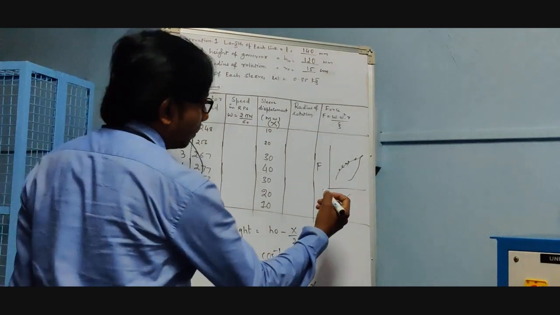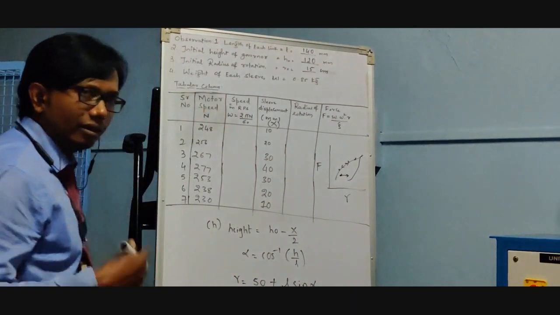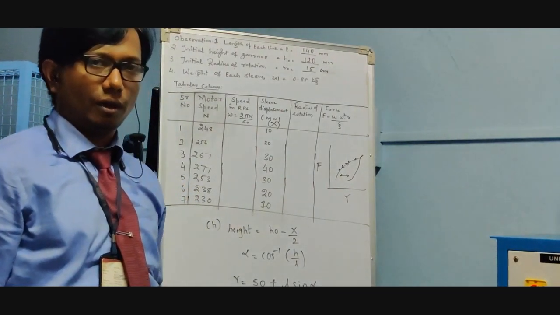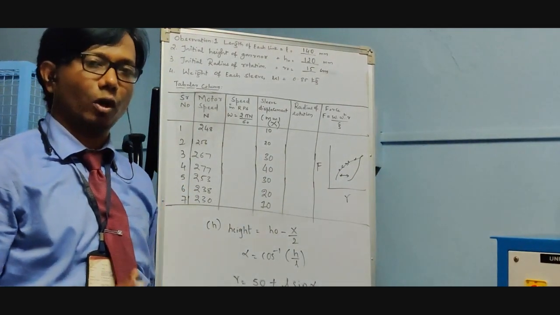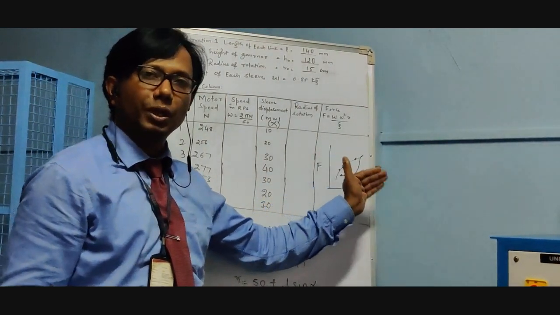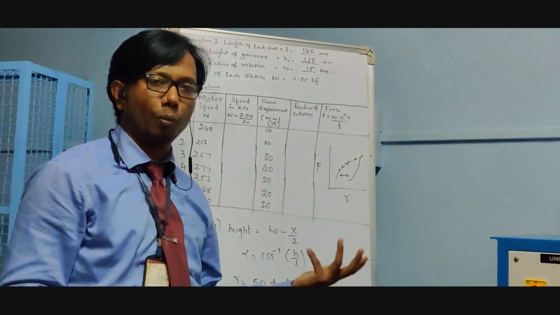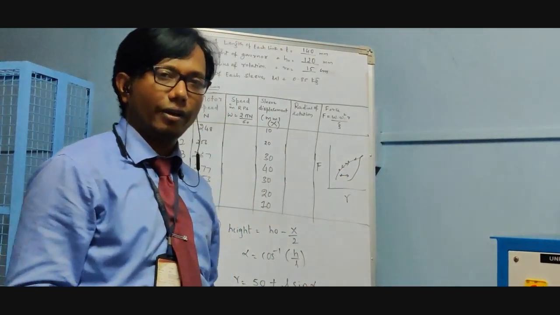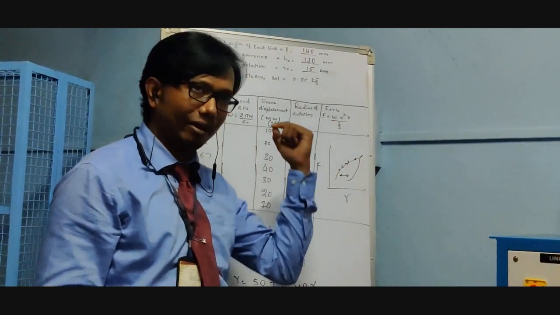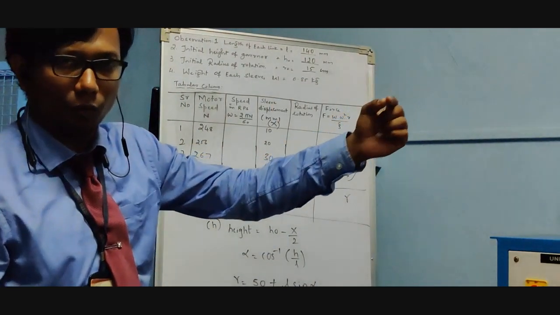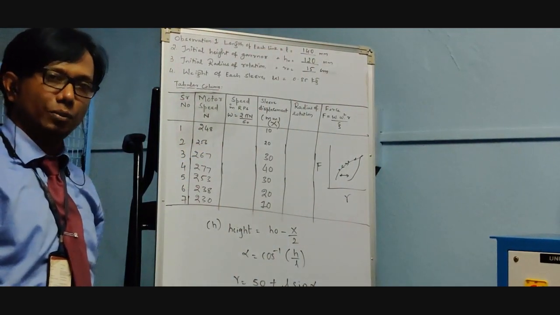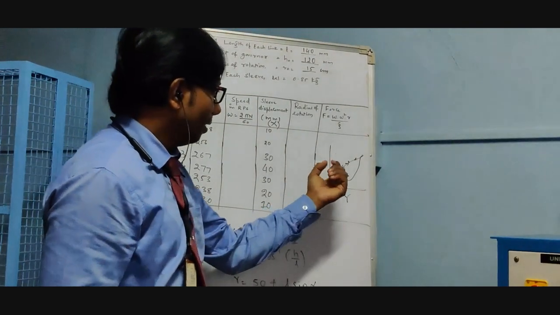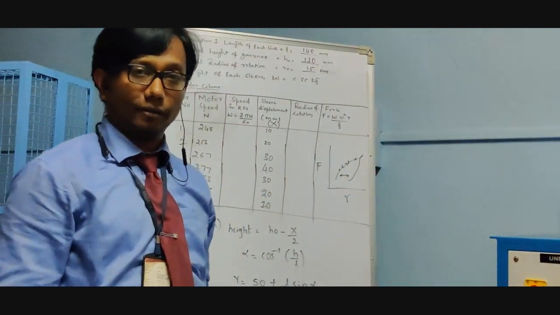If this happens, there will be a hysteresis error in the governor. This hysteresis error should be very small, and only then will the governor work properly, because unless it can judge the speed of the particular vehicle, it cannot provide the fuel supply. So that is what we are trying to find out, the controlling force versus radius of rotation. In the theoretical case, there will be a single curve. Whatever the forward motion is, while coming back it should have the same speed, same force and same radius of rotation. But while doing the practical, you will find some error, and you need to check that.